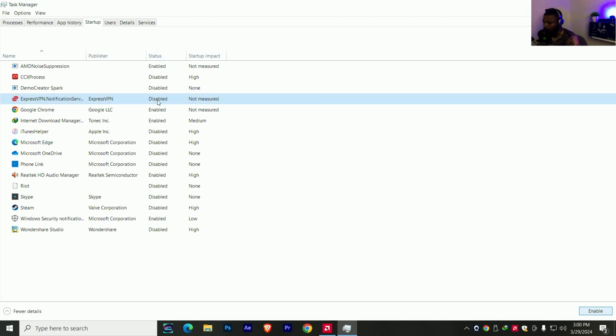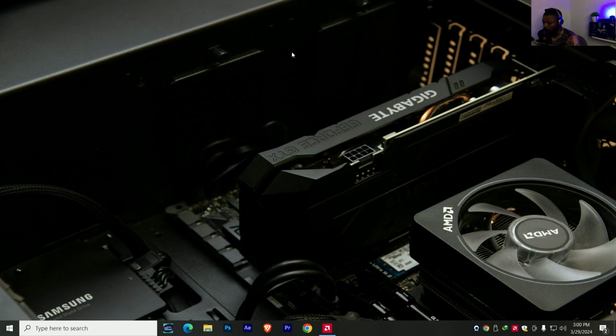If you check the status right now, it is disabled. Do you get? So that's how it works basically. So just disable the programs that you know are third party programs and don't need to start with the system. Another thing you can do to make your system run much faster is